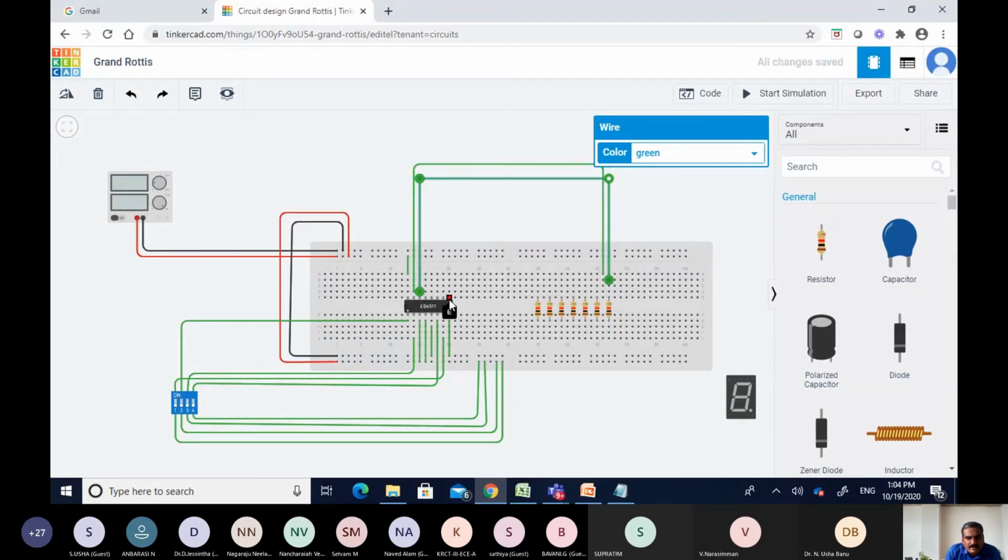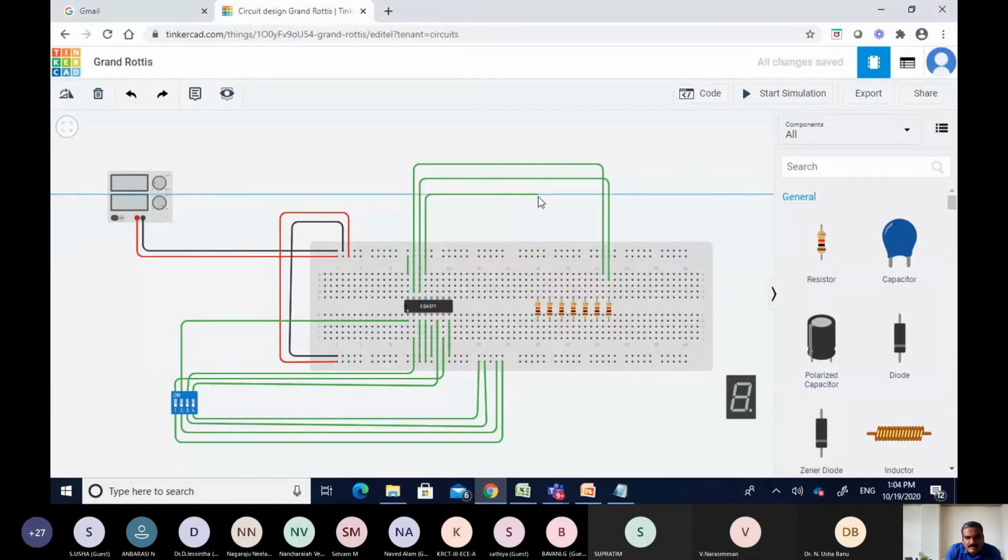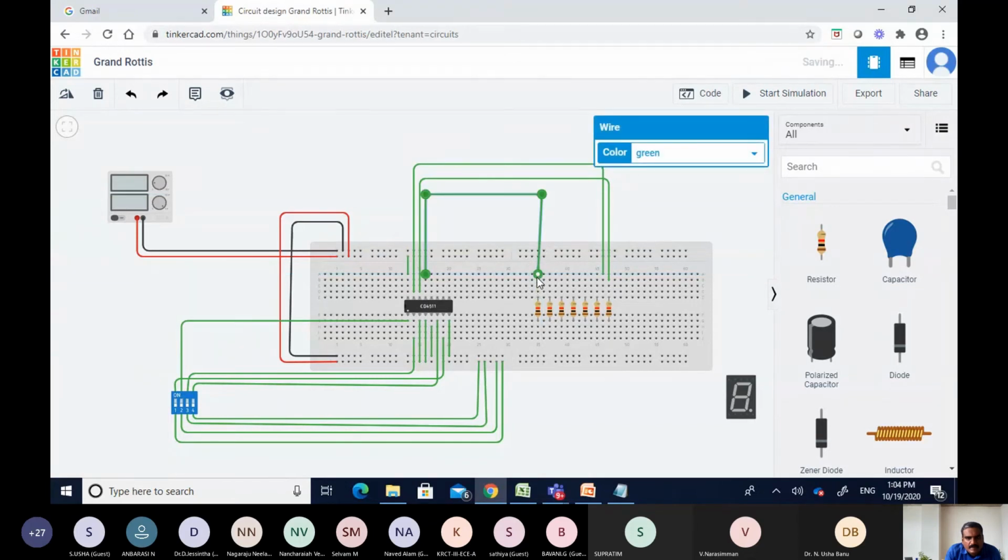Let me start with A. Yeah. So this is A. So first segment, first resistor, we will be using it for A. Right? Yeah.